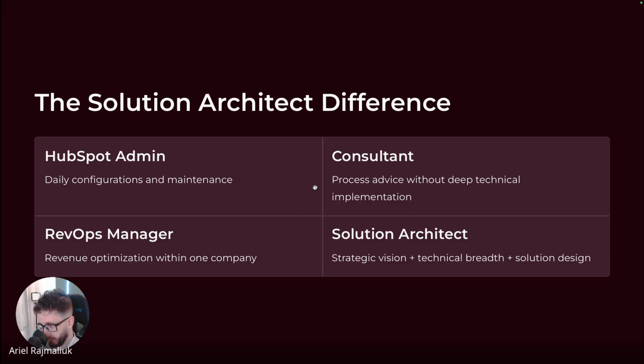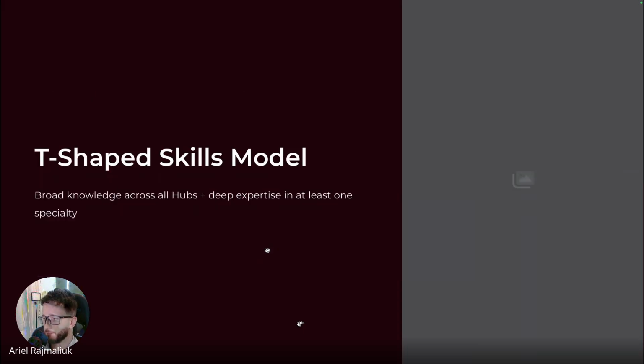The RevOps manager is something that goes beyond both of these ones. Usually it's more related to GTM and unifying all the departments, but they might not have technical knowledge. In some cases they do, but when they do, actually they are a solution architect. If the RevOps manager has knowledge of other verticals beyond RevOps, that person became a solution architect, okay? Because that person has a more holistic view of everything in the company and they can provide strategic vision beyond RevOps, okay? So basically, that's the difference.